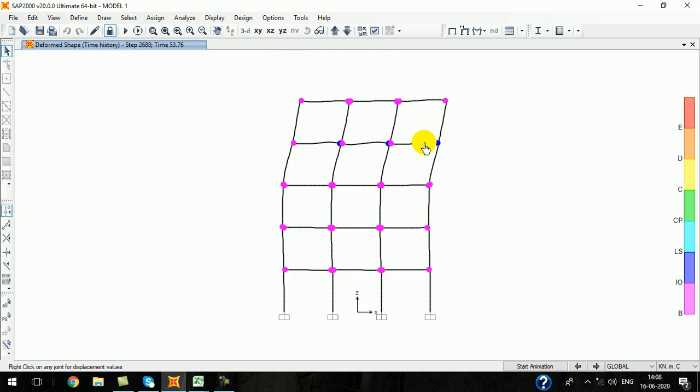so at the end of the ground motion, the structure's displacement is this much, 22 mm, and here 11 mm, then here again 1.1 mm. Okay, but the hinge formation you can see at various places. Some of the beams have experienced blue color hinges, that means the life safety level.